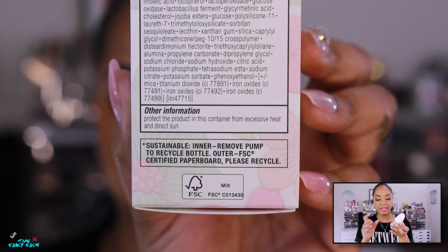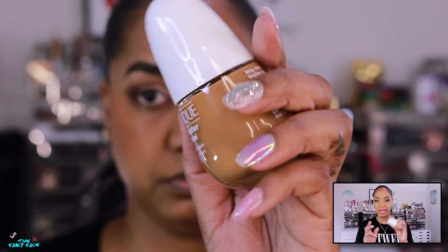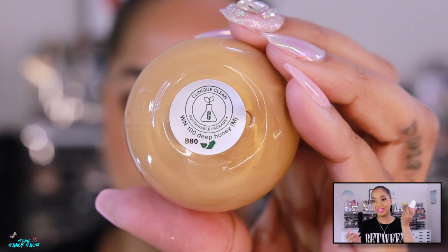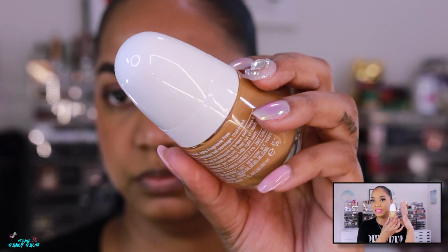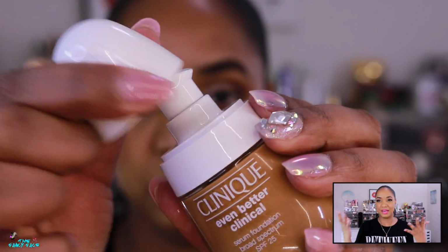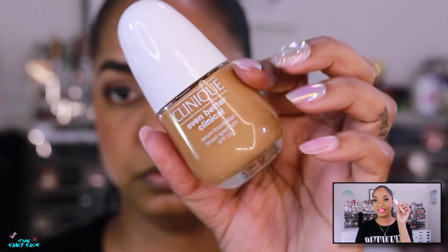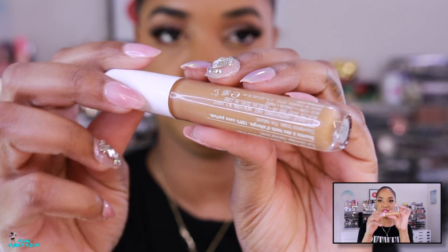It's a white cap glass bottle and it has a label on the bottom and all that. And of course the cap pops off and we have a pump. I think the packaging is cute. It's just, it's so cute, but it's still Clinique because it's very basic, very sterile. It doesn't have the frills at all. I like it. And then the concealer, similar packaging with the white cap, and we have a doe foot applicator